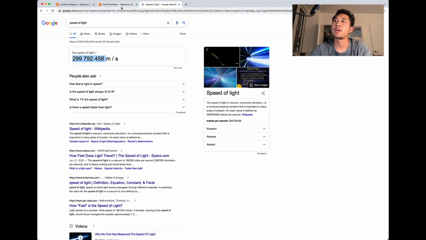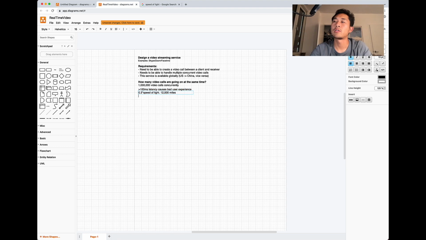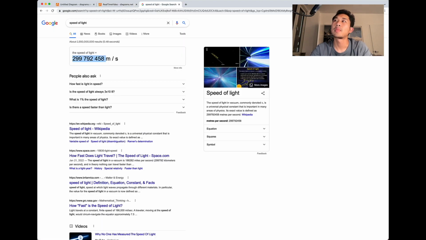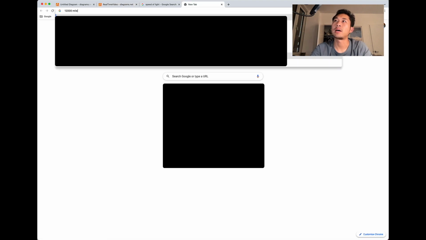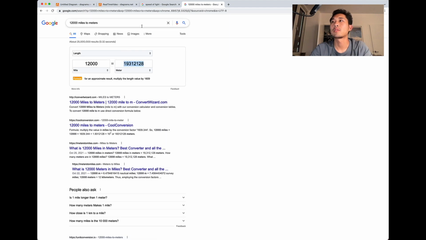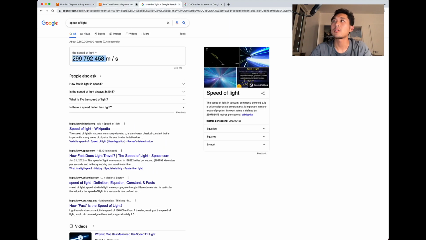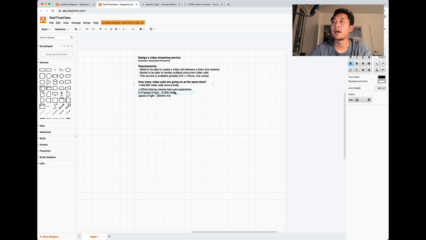The speed of light is about 300 million meters per second. So 1,200 miles to meters. This is about meters.